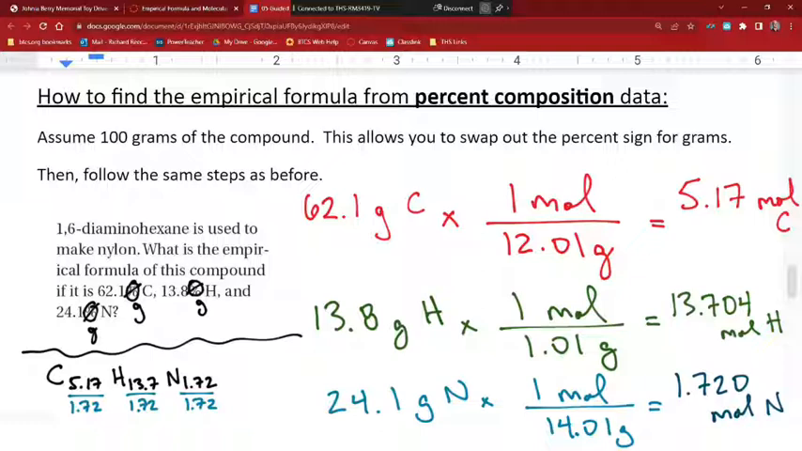Okay, so for carbon, I'm getting 3.005. At this point, we're going to round. If it's pretty close to a whole number, you're safe to round here. So I'm going to go with my final answer is carbon 3,